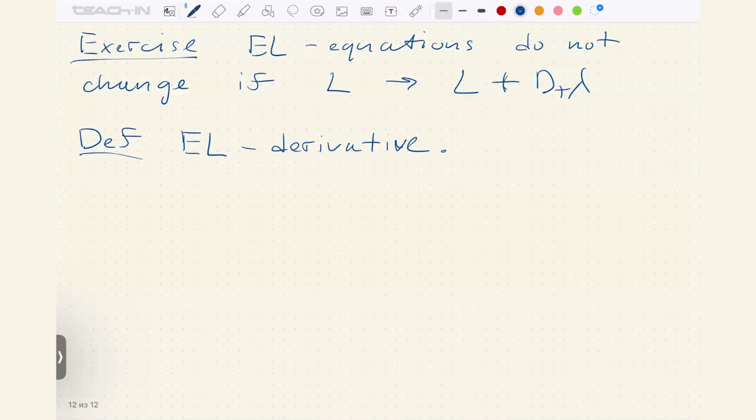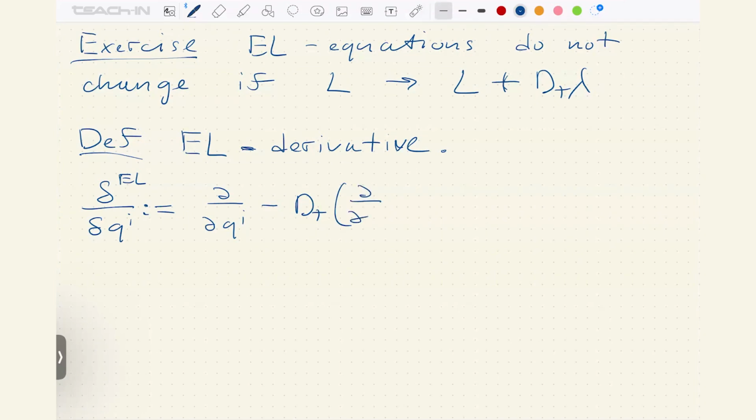It's also an infinite story of how to do this theory systematically and beautifully, but we just need basic facts from this theory of jet bundles. So what is the Euler Lagrange derivative? Let us define it like this. E_i in our case, by definition, is d over dq^i minus d_t